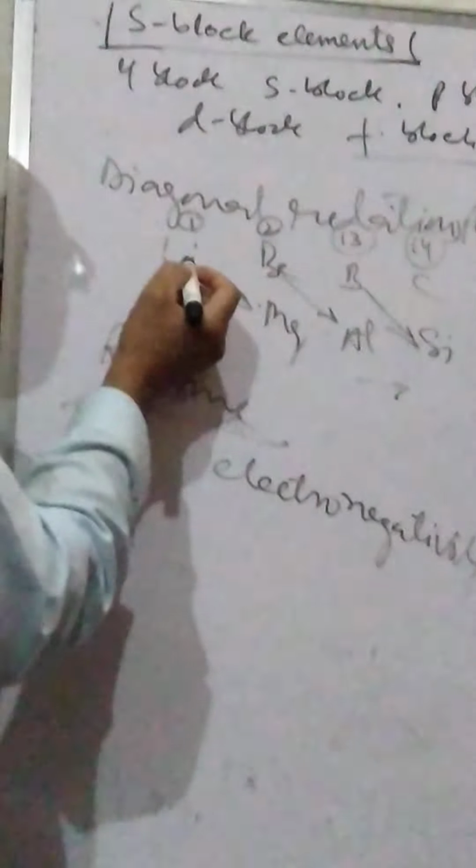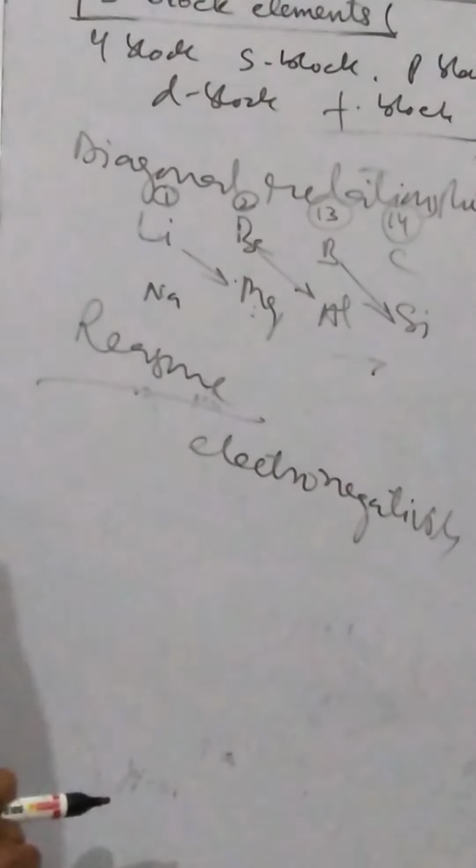So when we move simultaneously, right as well as down, there is an increase as well as a decrease. So when we move from here to this, there is an increase in electronegativity in one direction and a decrease in the other. Increase and decrease neutralize each other, and there is neither an increase nor a decrease in electronegativity.